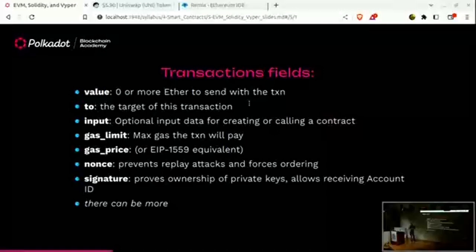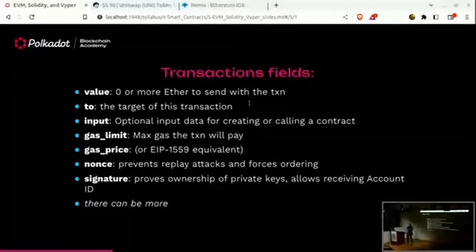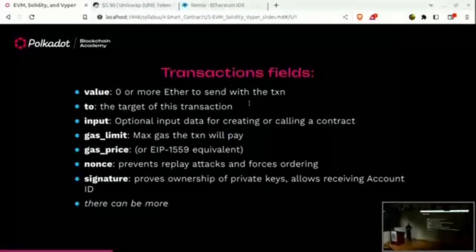Or in the case of deploying a contract, it specifies the actual bytecode that's going to be deployed. And of course, gas limit and gas price that we talked about. And then a nonce. So every account, again, has an incrementing nonce. And this prevents replay attacks, and it also dictates ordering. And then, of course, it has a signature,